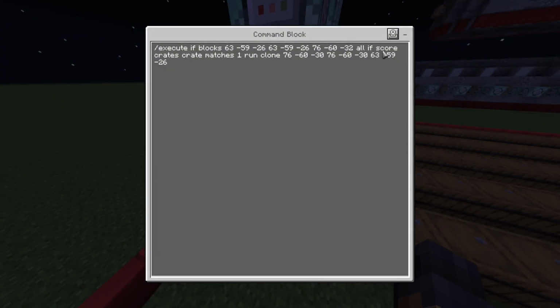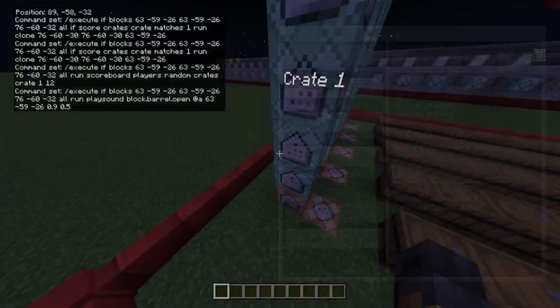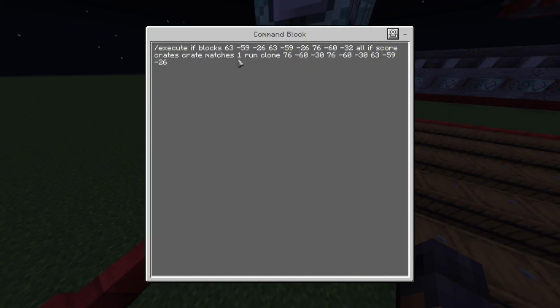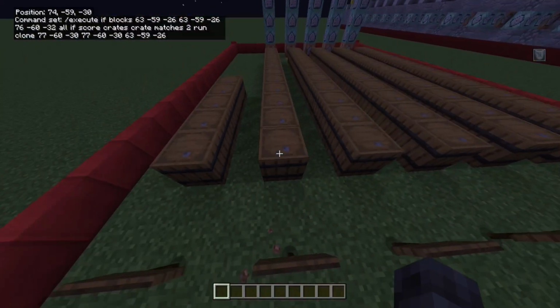And then for this one, you're going to do if score crates, which is the fake player, crate, which is that scoreboard for the crate, and then you're going to do matches 1. So this is if, when it picks a random score from 1 to 12, that score was picked as 1, then that is